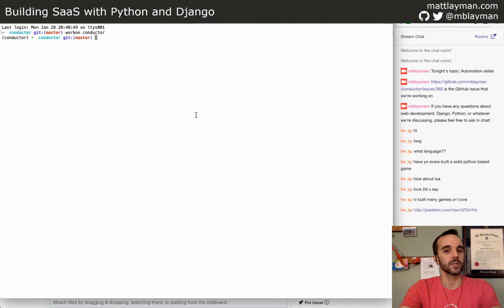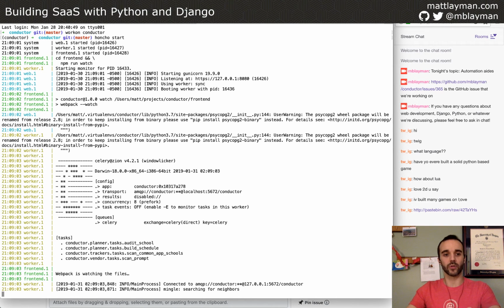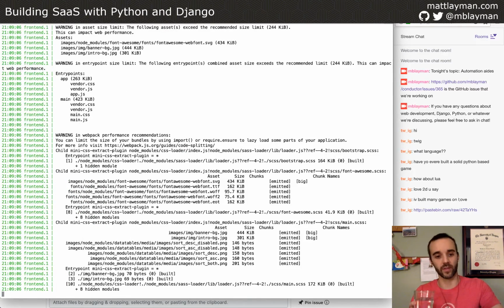Very good. So let's fire up our web server. I'm using a tool called Honcho. Honcho is a process manager tool. It's designed to run a bunch of processes at the same time. If you're from the Ruby world, there's an analogous tool called Foreman, but Honcho is a Python version that's made specifically for Python so that I don't have to have Ruby at the same time. So that brings up a web server and a background worker and starts up the JavaScript tooling, which is that front end thing that you see at the side, and brings it all up into one space.